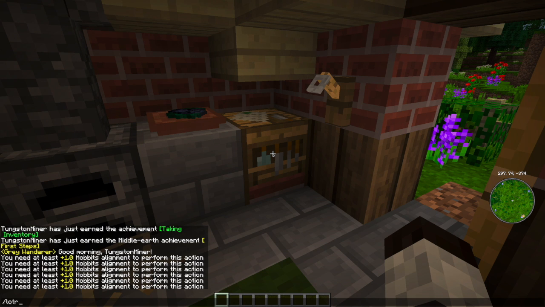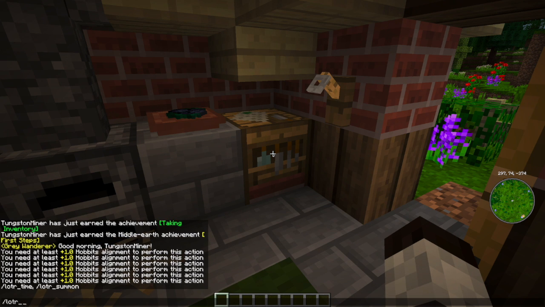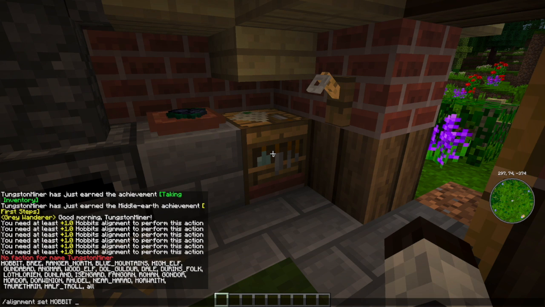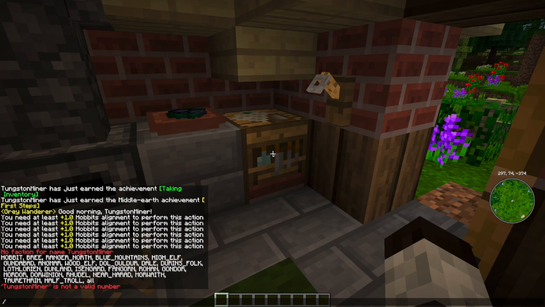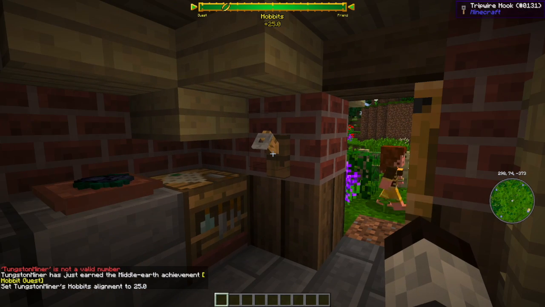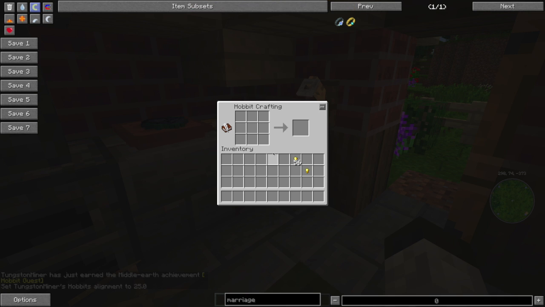So, Lord of the Rings, alignment for me, and I'm going to set that to, let's say 25. Oh, whoops, that's right. Hobbits. Oh boy. I think I can do this for myself. Yeah, there we go. So now I have given myself 25 alignment points with the hobbits, and I can use